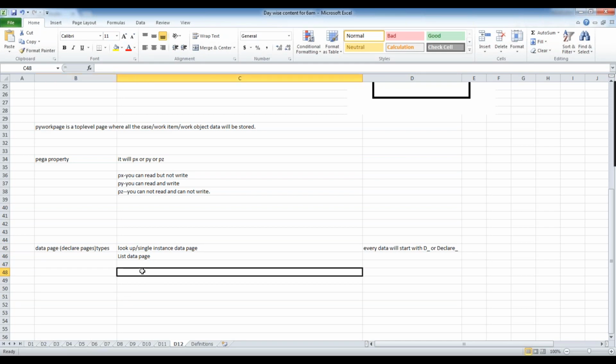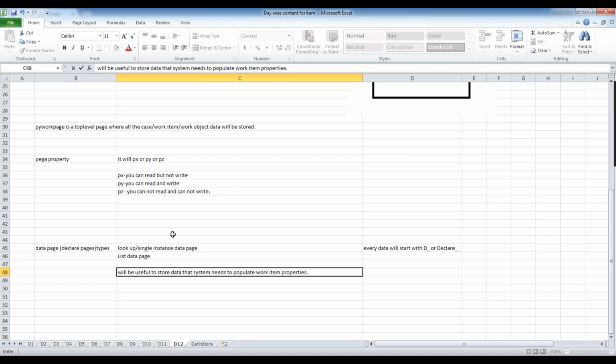The main use of data pages is to store the data that the system needs to populate the work item or work object. Again, I am using different terminology just to make you comfortable with all of them. Say I have some work item properties, like product ID and parent category.